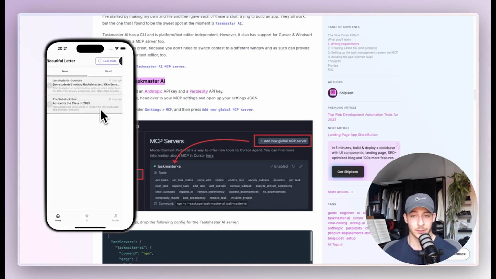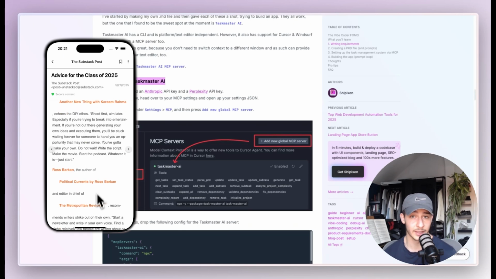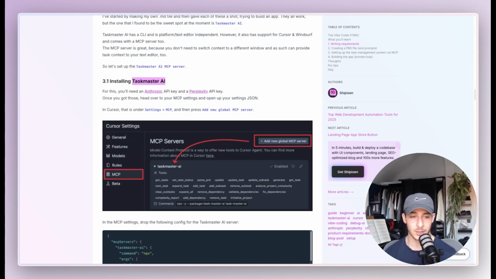So basically, your email box is cluttered. It's not a pleasant reading experience. It's not a great UI. And you're getting distracted by all the other spam emails and stuff. That's why I thought I want to have a personal Kindle-like or Apple Books-like newsletter reading app that displays the newsletters that I want to read, only the ones that I'm interested in, and not the other emails, and also in a nice UI. And we will see how far we get with just not writing a single line of